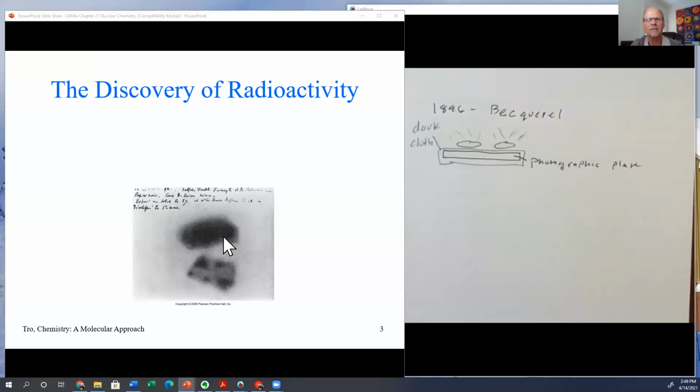So he was like, well, what the heck? It turned out that these crystals would expose the plate no matter what, over and over again. So he said, okay, something is being given off by these crystals. Well, it turns out it was the uranium in the crystals that was giving off radioactive particles. The uranium itself was radioactive, so he wouldn't have to do anything, and these crystals would expose the plate because they were radioactive. So radioactivity